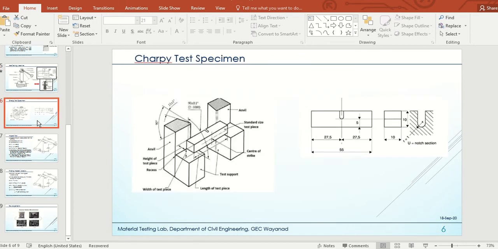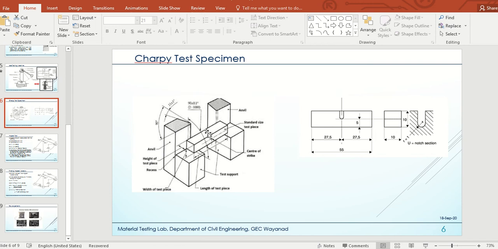In the case of a CHAPI test, we are placing this specimen horizontally like this, and these are the dimensions at which we need to do the cuttings, and specimen dimension is 55 mm, but in the previous case it was 75 mm. The cross section is same, but the cut is different. Here it is a U cut. Earlier it was a V cut. These are given in the standards, you can refer to that. In this case, the hammer will be striking from this direction, that is, the notch is placed away from the hammer.